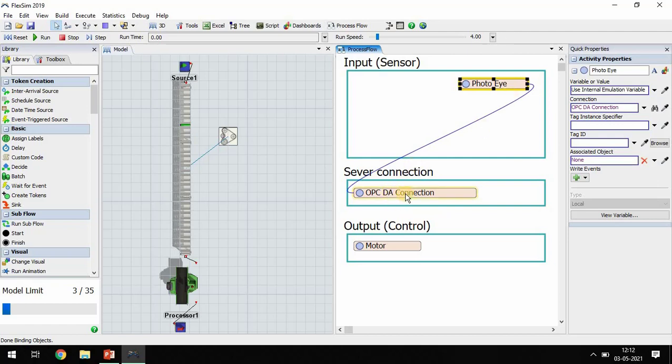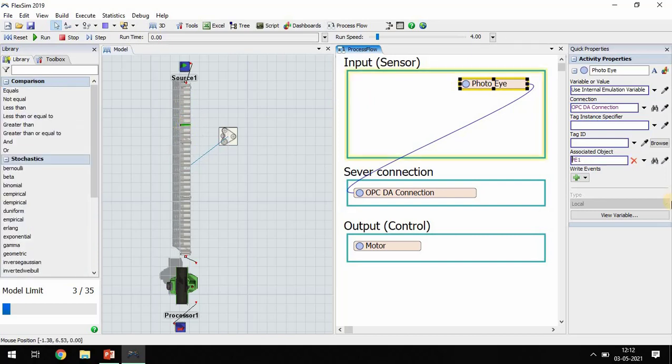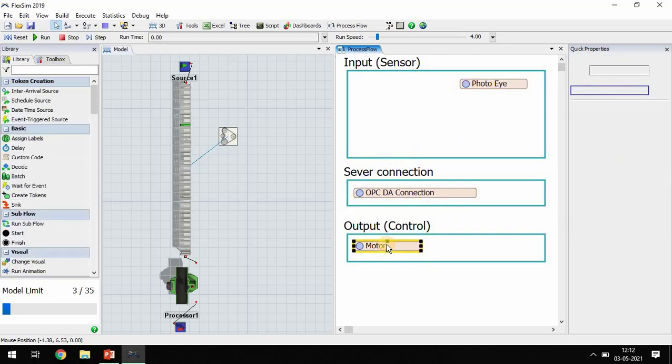So the photo eye connection is connected now. Then go to associate object, go to sampler and go to the actual 3D model. This input is a sensor, so click on this photo eye here. That's it.